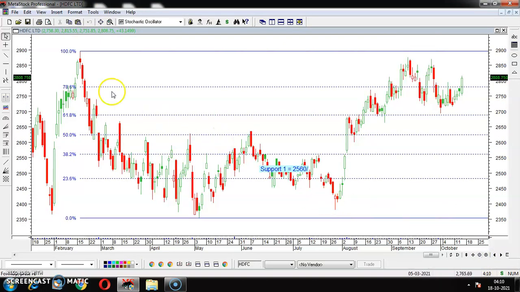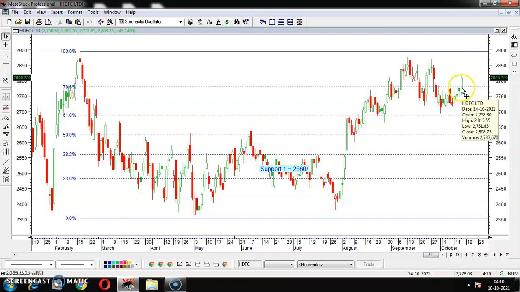You see, I have already plotted one Fibonacci retracement over here, and according to the Fibonacci retracement, above 38.2%, generally we call that the golden ratio of Fibonacci retracement. The golden ratio starts from 38.2% of Fibonacci retracement, right? It has already crossed the 38.2% Fibonacci retracement. That means it has already crossed 78.6% of Fibonacci retracement, which is called a golden ratio.